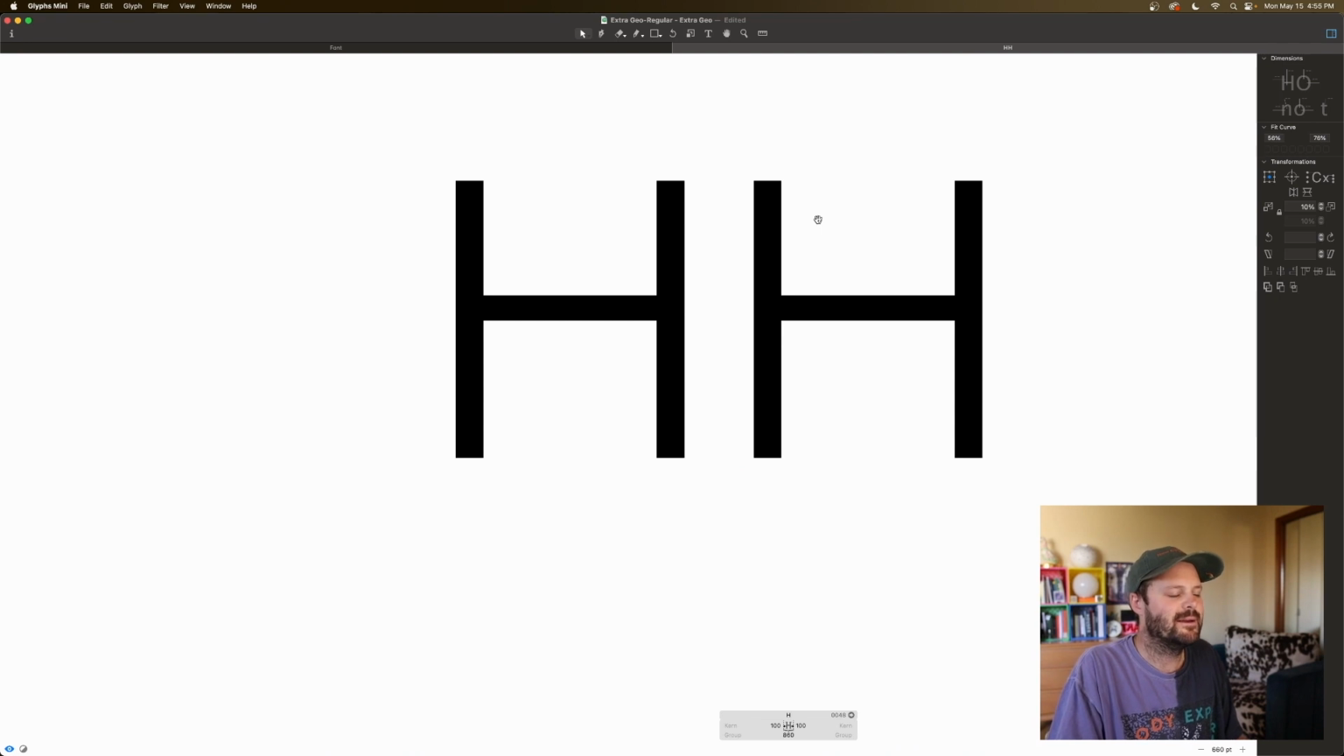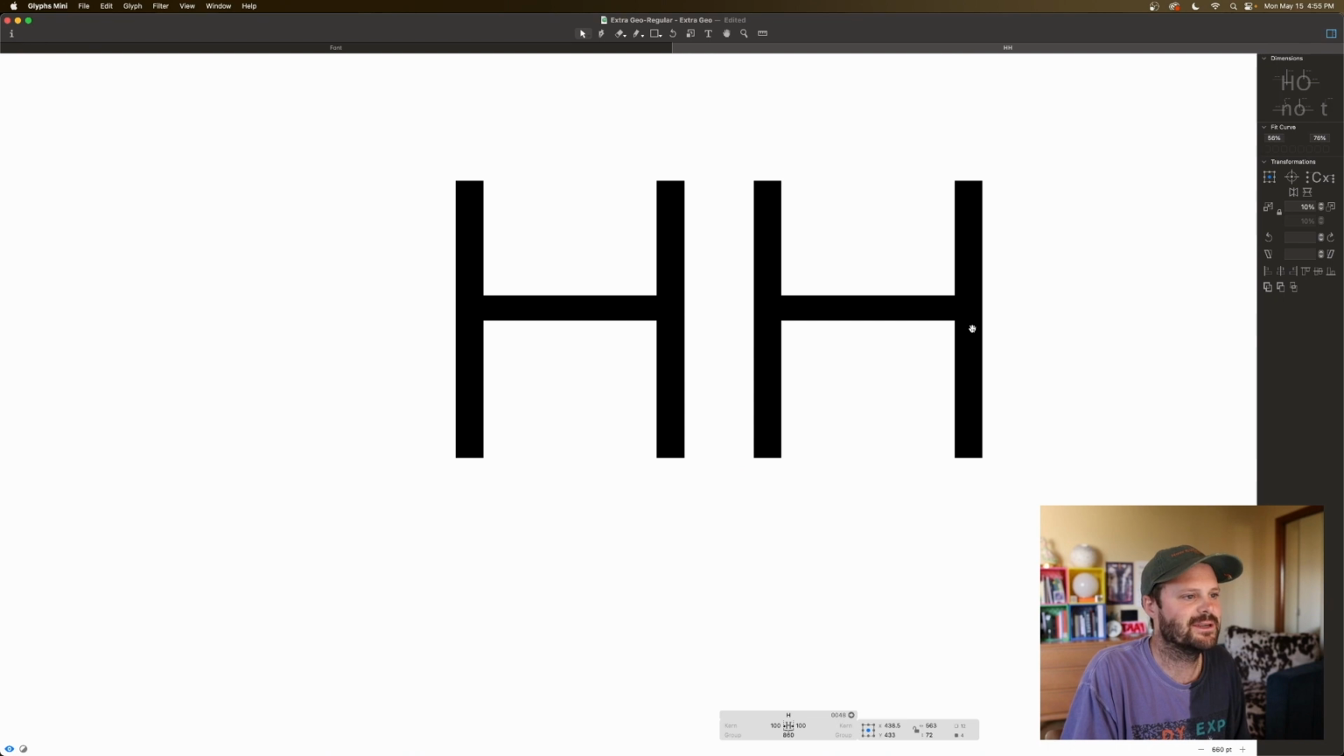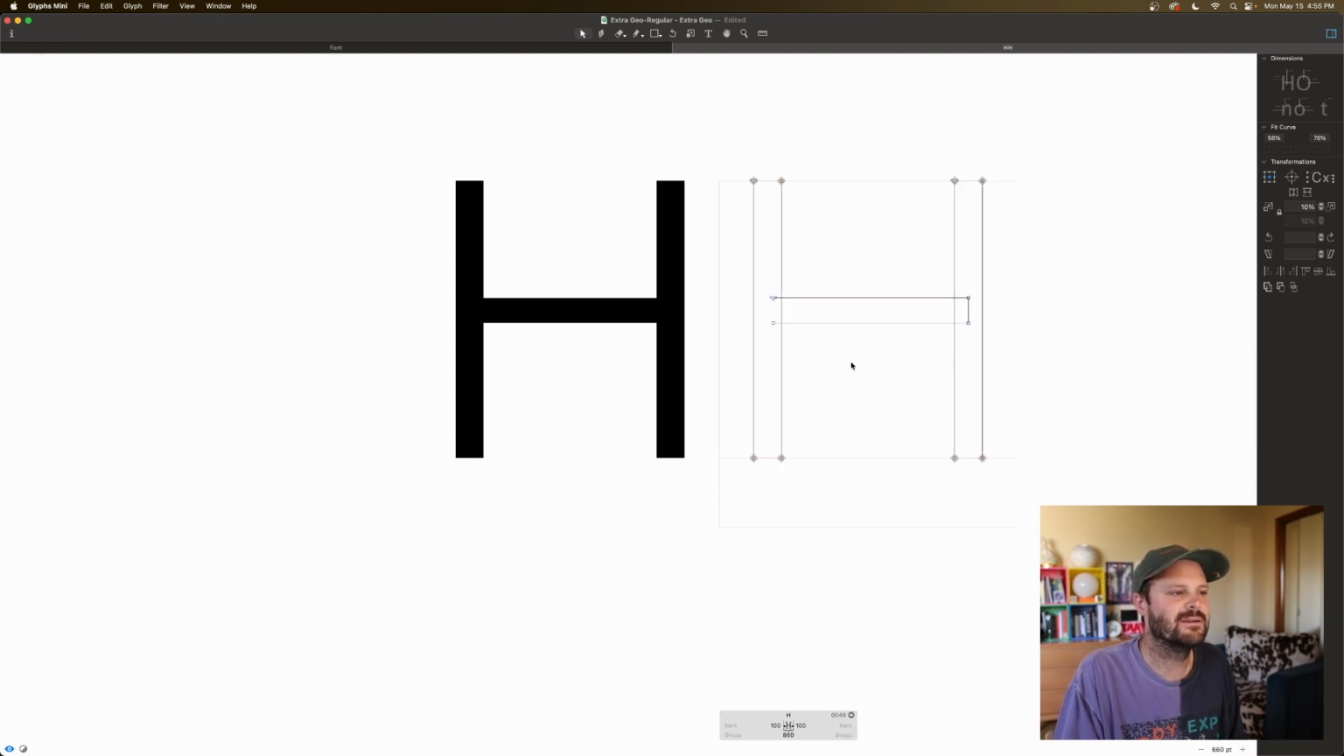Alright. That looks pretty good. However, this crossbar to me looks a little bit high. So I'm going to select it, and I am just going to arrow down until it looks to me as if it is in the center. And that looks good. Now, let's see if it actually is in the center, and it'll bring up an interesting